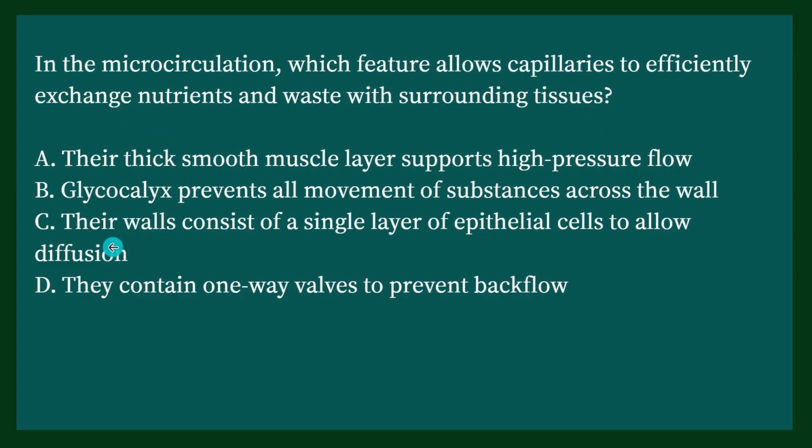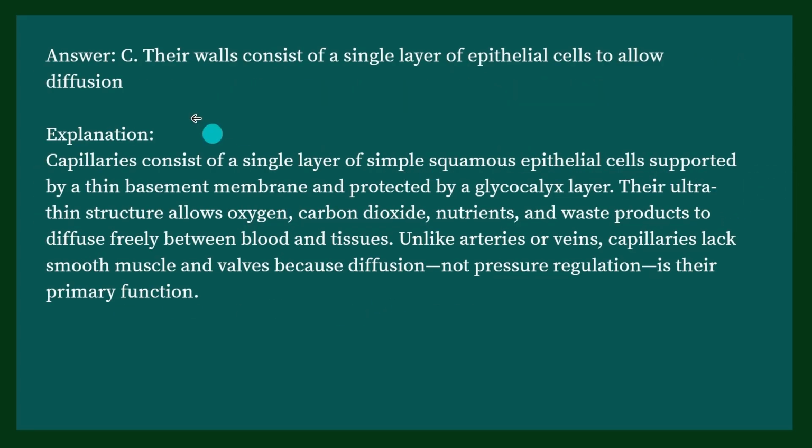Okay. C, their walls consist of a single layer of epithelial cells to allow diffusion. That's the one right there. D, they contain one-way valves to prevent backflow. Nope. All right, so the answer is C, and the explanation is capillaries consist of a single layer of simple